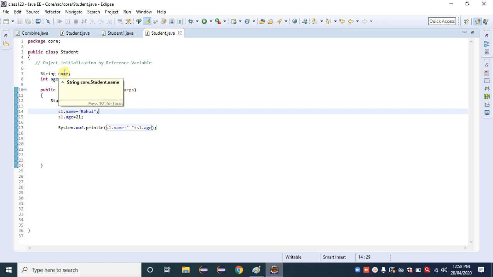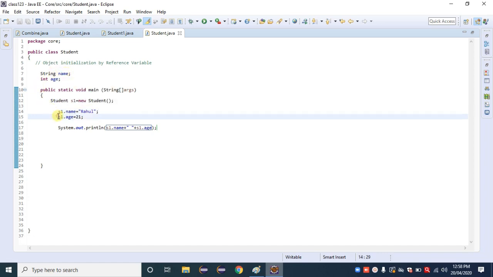Then again Java comes inside this and observes that we initialized the age as 21. Then Java comes again here and observes that the next line is a printing statement. Then Java prints in the console as output, that is Rahul and 21. This one is called initialization by reference variable.